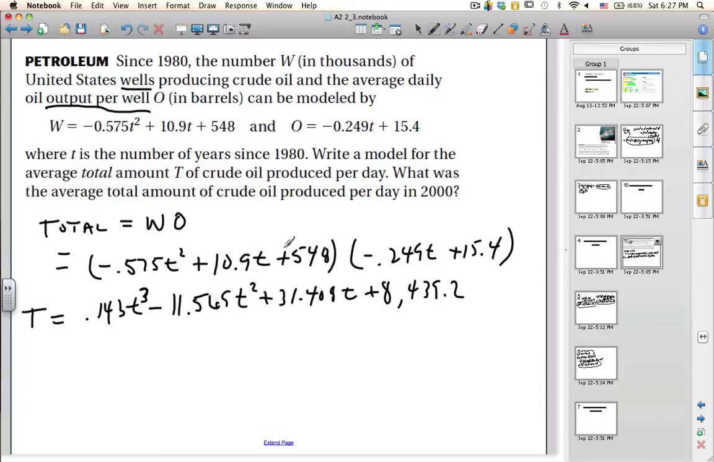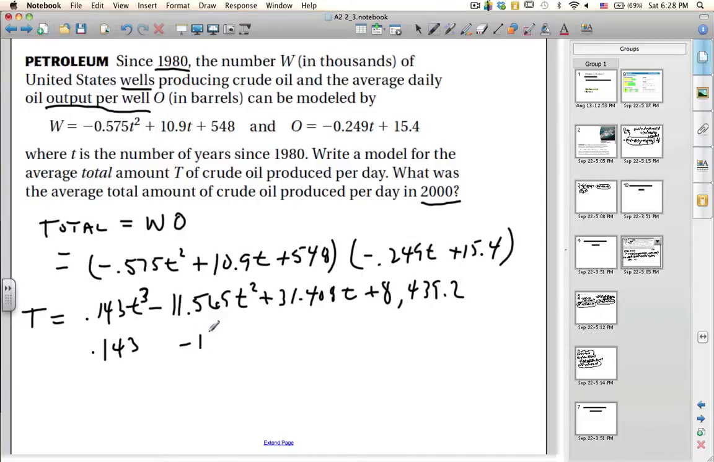Okay, and that's great, but that's for crude oil produced per day since, right? My t values are years since 1980. So the year 2000 would be 20 years after 1980. And if I want to do this, then I'm going to do synthetic substitution, right? So I don't really want to plug 20 into all of this and simplify. But if I take my coefficients,